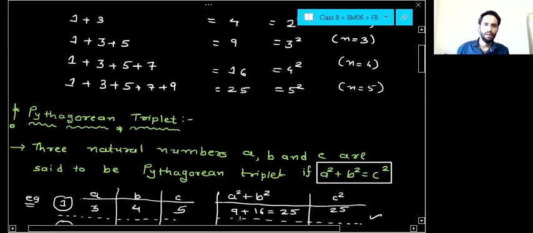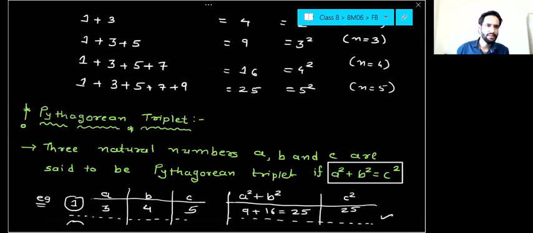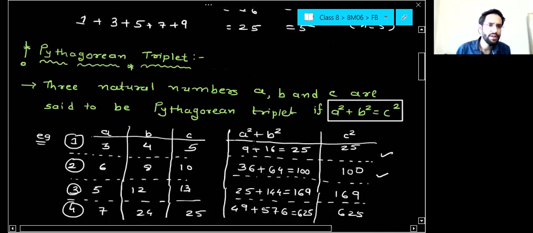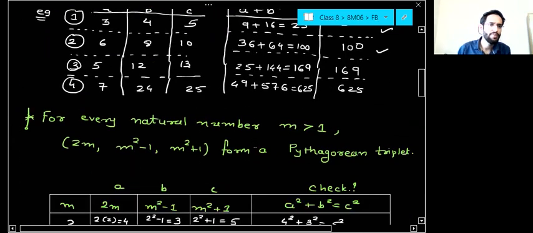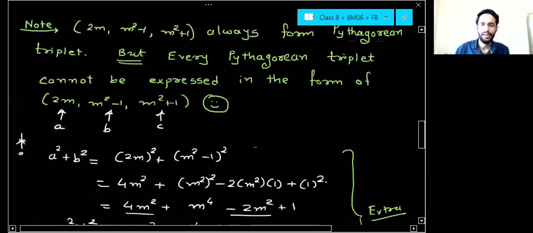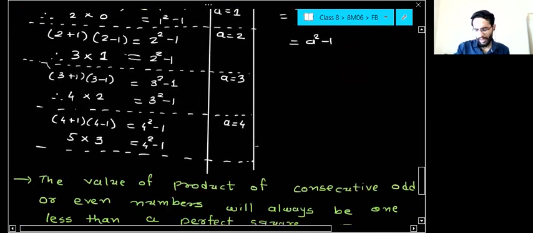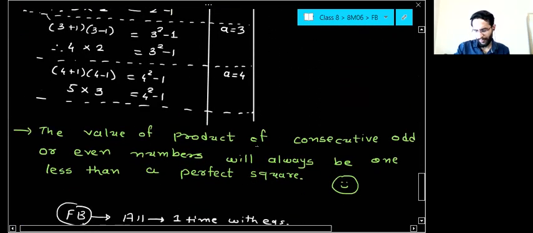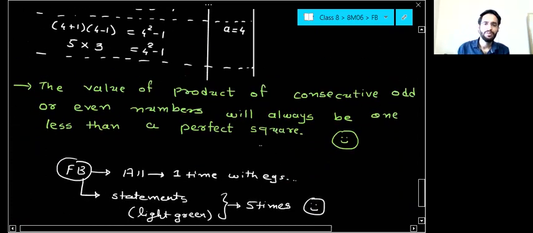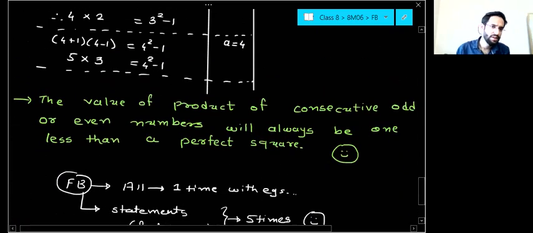Now wait, a few students are asking something. First, Samarth: Sir, if a is an even number, then the numbers which are multiplied will always be odd numbers. Yes, Samarth. If a is even, a plus 1 and a minus 1 will give you odd. And if a is odd, a plus 1 and a minus 1 will give you even numbers. Sir, does the number which is 1 less have any connection with a or not? Yes, it has a connection with a.